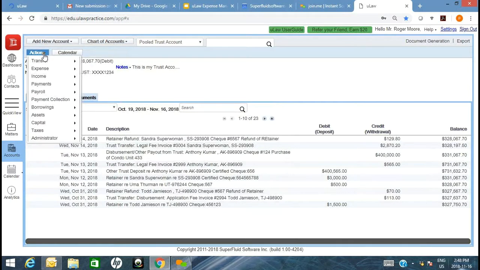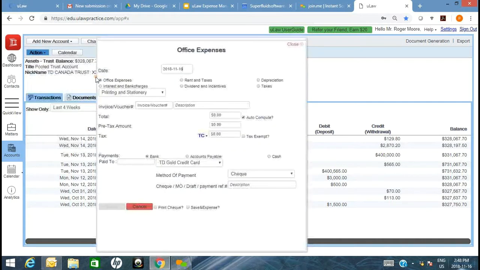So there's multiple ways in which you can capture office expenses in uLaw. One, you can enter them as and when they happen. We have a lot of legal professionals who do this diligently every evening or the following morning for expenses that have occurred either the previous day or the same day, right? So you're going to expense, office expense. And as I mentioned, important particulars of any transaction include the date when that particular transaction occurred. You should be able to backdate this because sometimes you may need to catch up on older expenses. So I'm just going to go back in time to the 12th of November,